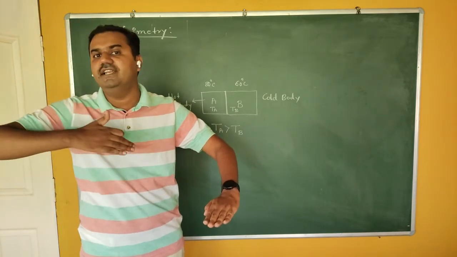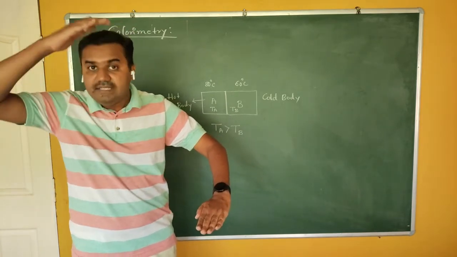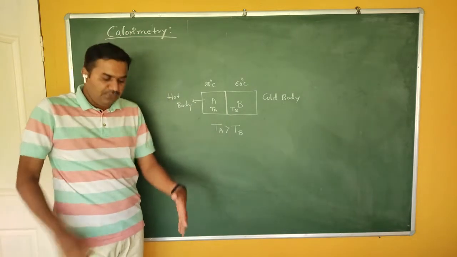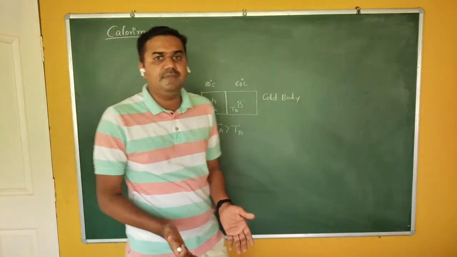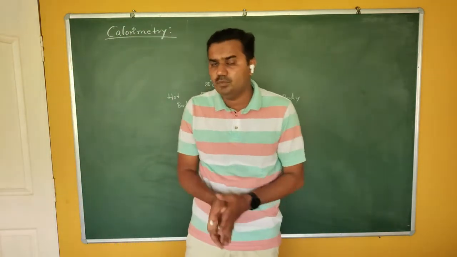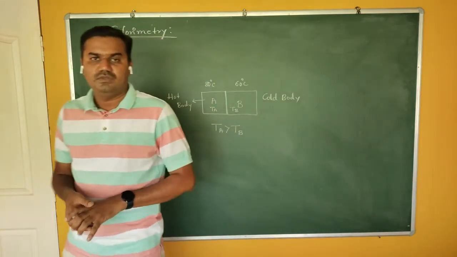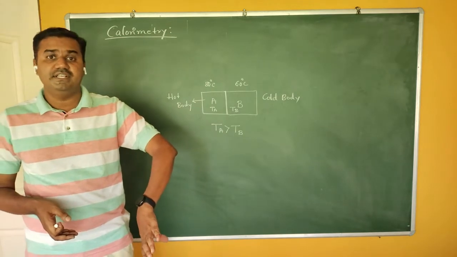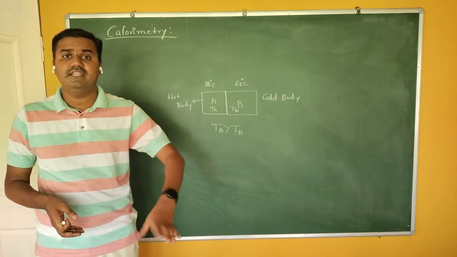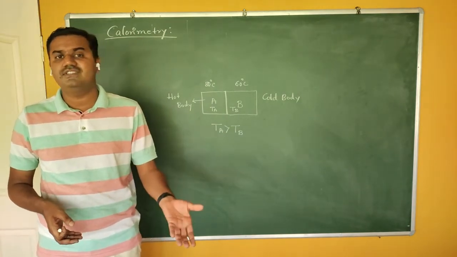As you are losing heat energy, your temperature is decreasing. Whereas if you look at the ice slab, that ice slab is somewhat melting. Why is it melting? Because it is gaining heat energy. As it is gaining heat energy, its temperature is somewhat greater than 0 degree centigrade, therefore it starts